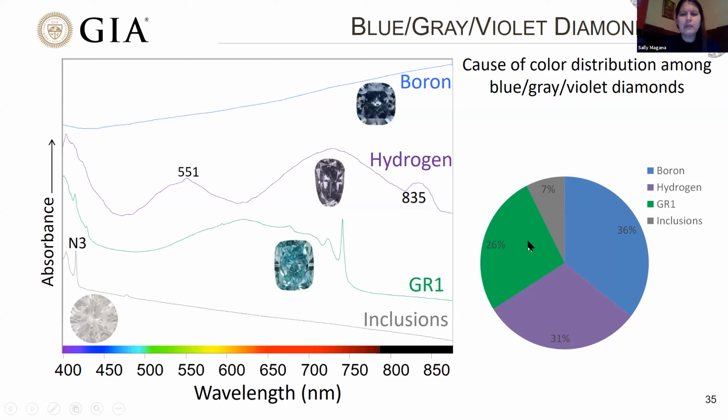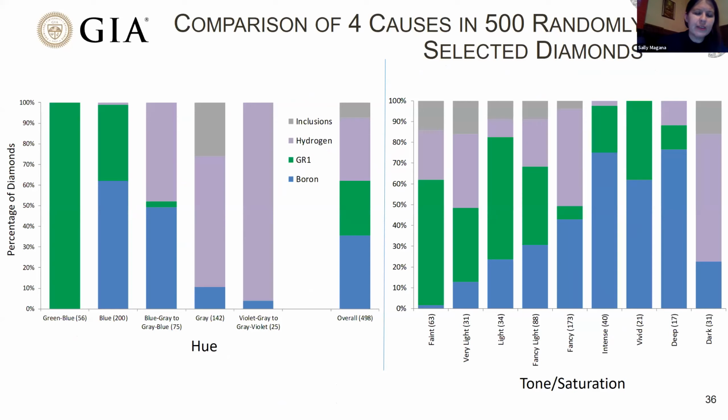And then over here on the right, I show a cause of this color distribution among the blue, gray to violet stones. And you can see 36% of blue diamonds in this color category do get their color due to boron. So it's not a majority, but we show here on this next slide,